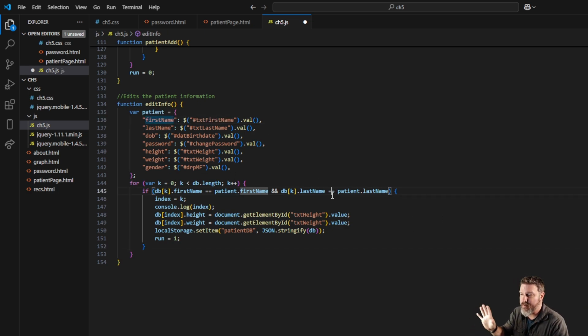So if the first name and the last name of both this object that we created and the database are the same, it's going to grab the index, whether it's 0, 1, 2, 3, 4, 5, or 6, and then it is going to change. Right here, I'm logging the index just for error checking. You don't have to log it if you don't want to. But then we're just changing the height and the weight. So the first name, last name, date of birth, password, and gender all stay the same, because those don't typically change. But the height and weight will change. So we're just going to add and update the